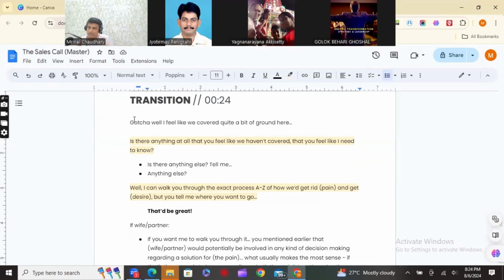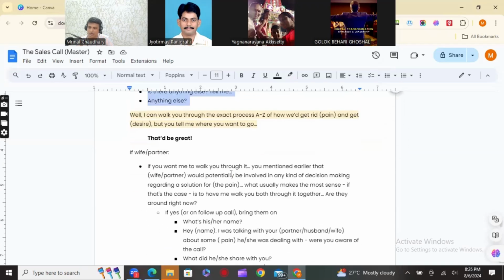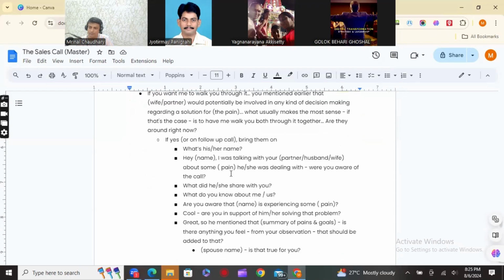Then this is the transition phase. Okay, I feel like we have covered quite a lot of ground here. And if there is anything at all you feel I haven't covered, is there anything else? So at last we have discussed everything, and now we are asking again, is there anything else. So we let the other people finish with everything. Okay, so